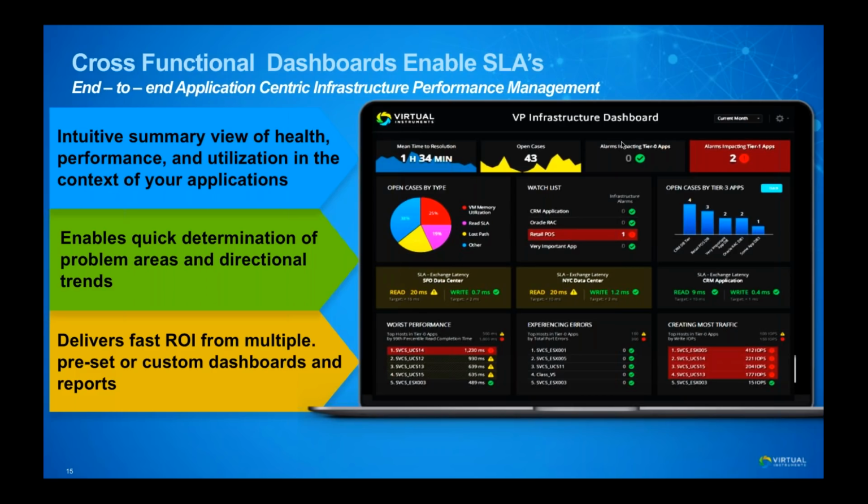Is there anything that I should be aware of? What are my watch list applications, and who has the best performance or the worst performance? How many open cases do I have? And this allows us to deliver fast ROI from custom dashboards that expose to executive management how the infrastructure is performing to support what they care about, which is their business.